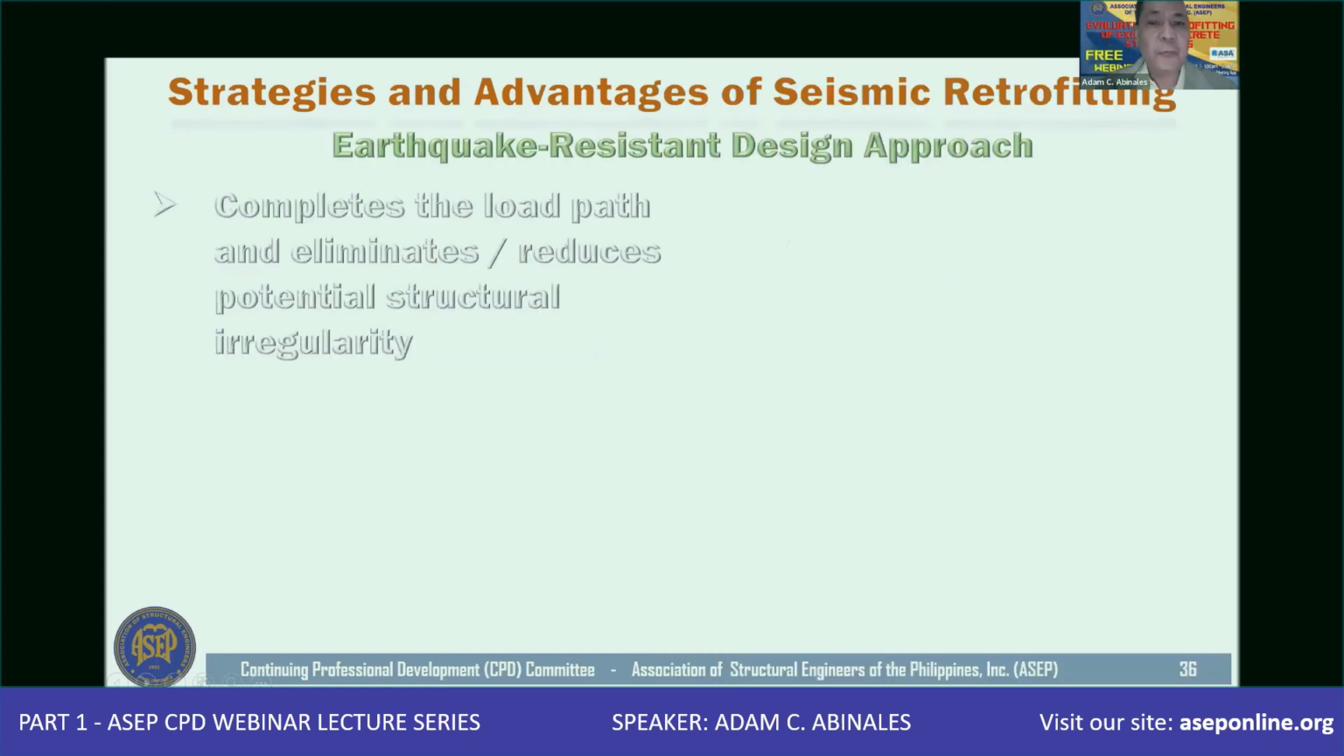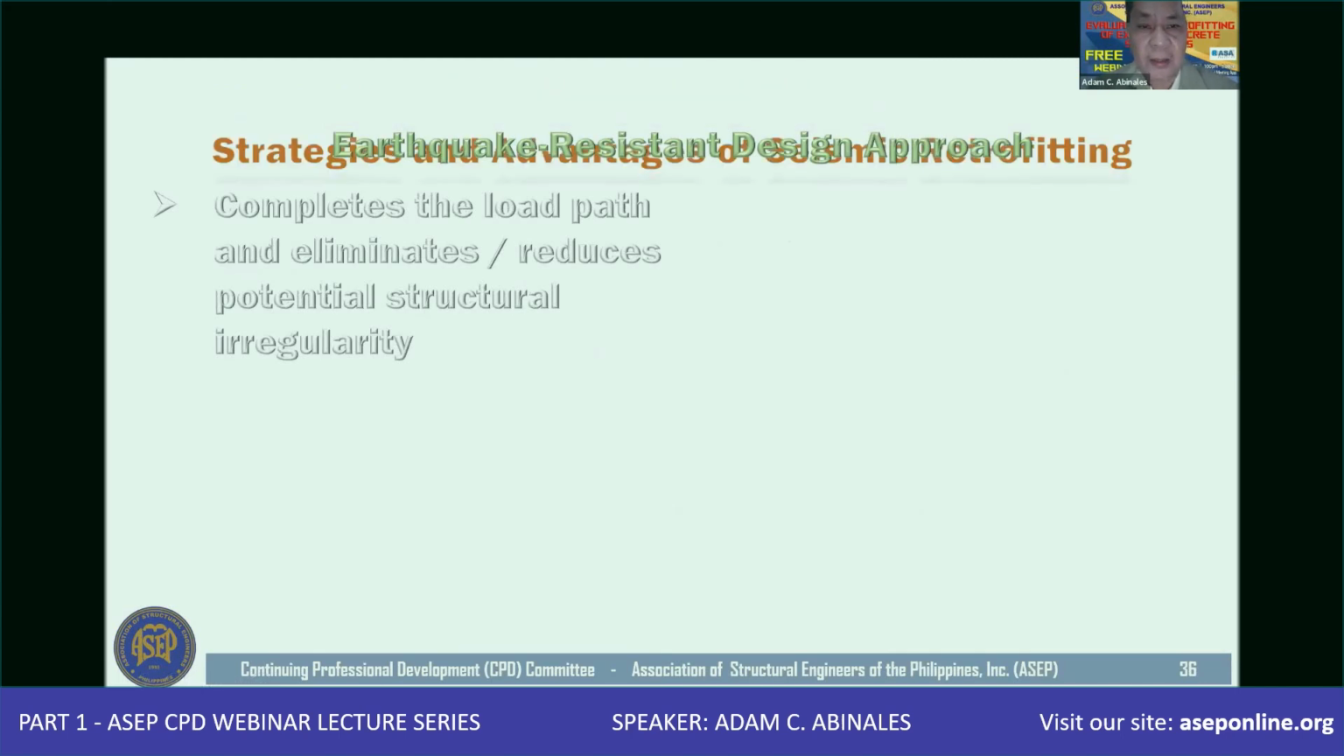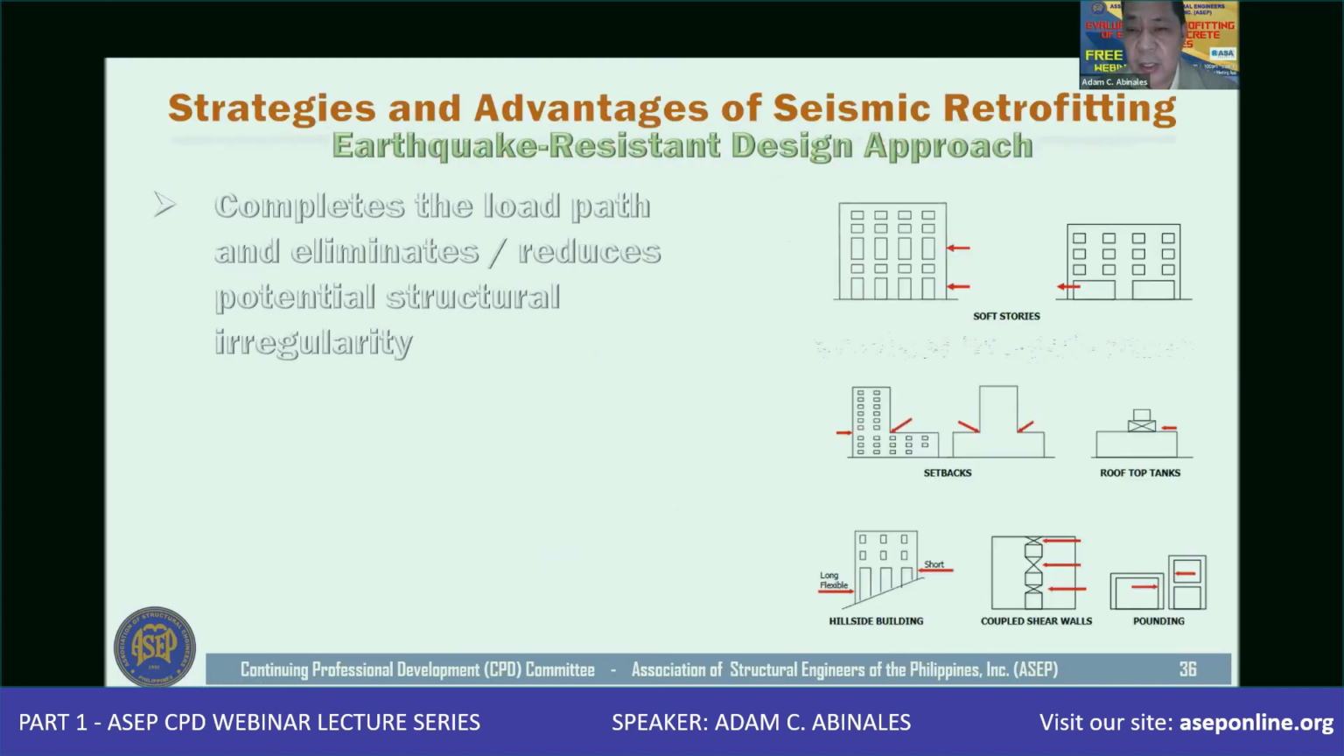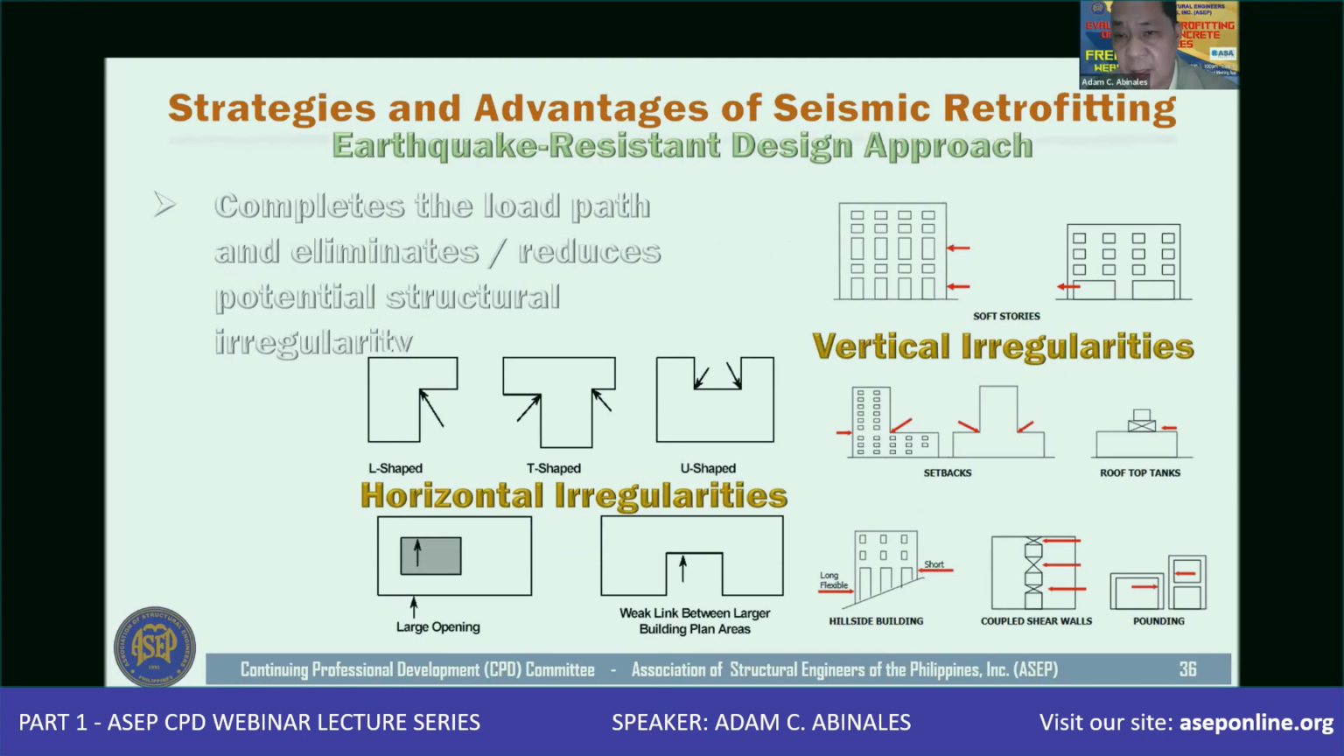So if we try to understand these irregularities, you can have these example illustrations of these irregularities. When we talk about reentrant, you have these shapes of your building plan, and also this kind of opening in the floors of the building. When you talk about vertical irregularities, you have something like soft stories here, here, or here,